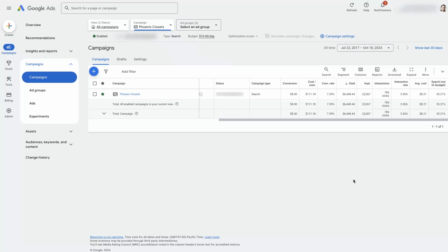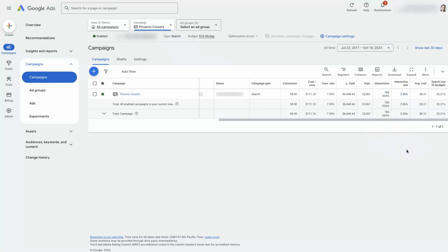Now, based on how many people are searching each month, there is an available pool of impressions. And an impression is really just when somebody does a search, your ad can show up on the search results page. That's an impression. Then, if somebody likes your ad and they click on it, that's a click, right? That's how we get the number of clicks and the click-through rate, all that different stuff. But you can see here that there's 22,000 impressions, and from that we've gotten 785 clicks for a click-through rate of